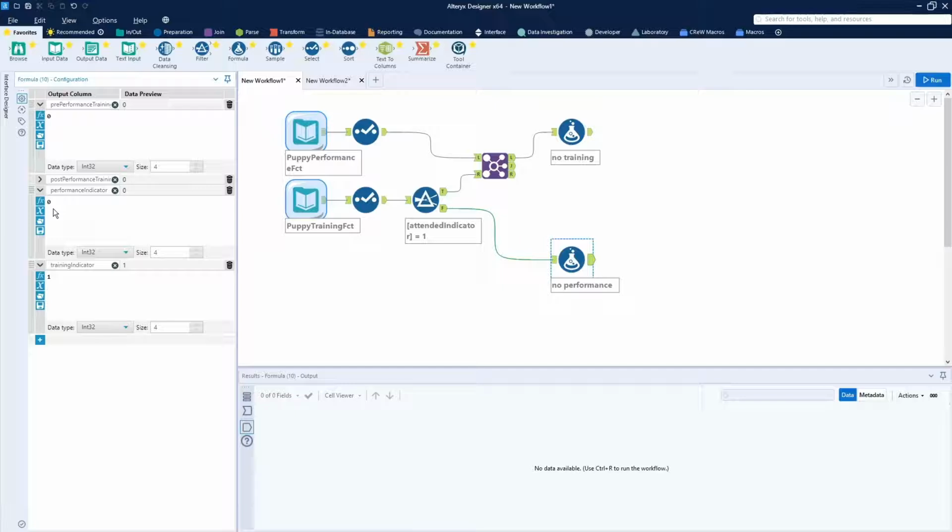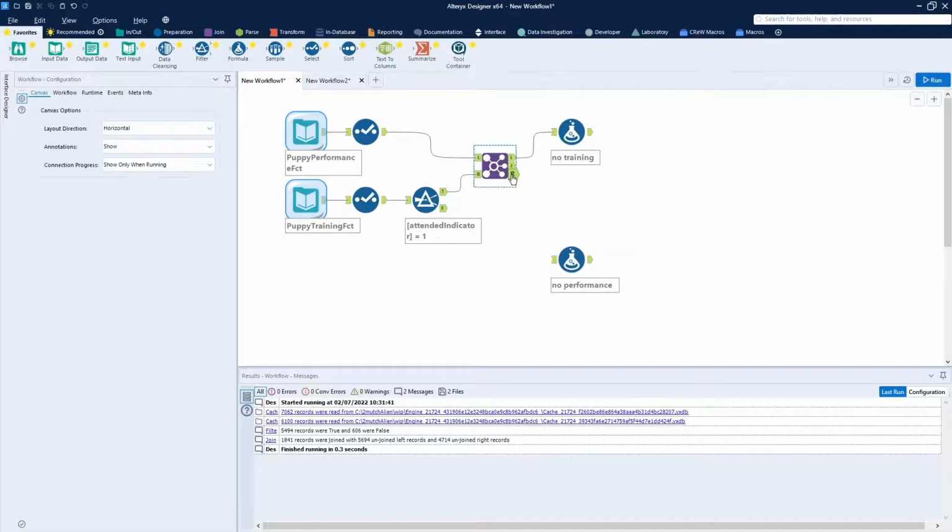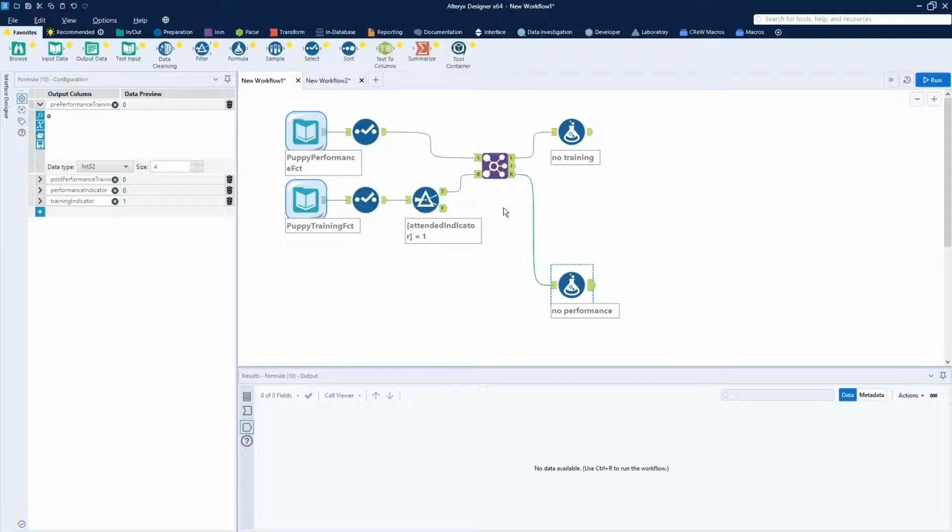So what do we do in the middle? Oh, this doesn't actually go there. My bad, in case you're following along and get confused. There was separation. Drop it here. Alteryx does like to auto-match some of your workflows, and if you don't pay attention, it links it to the wrong place. But in the beginning, we have those puppies that are both trained and